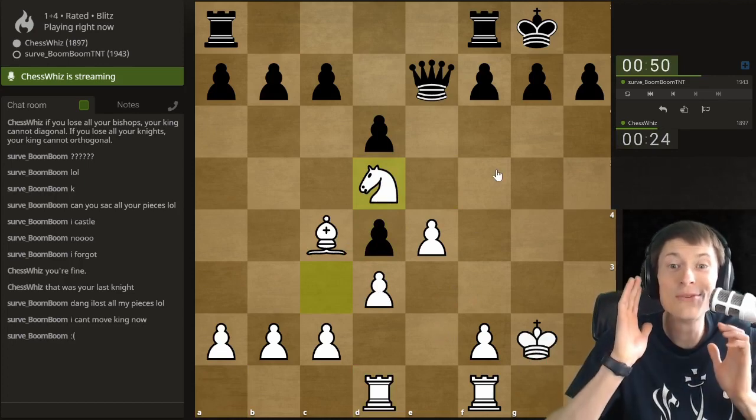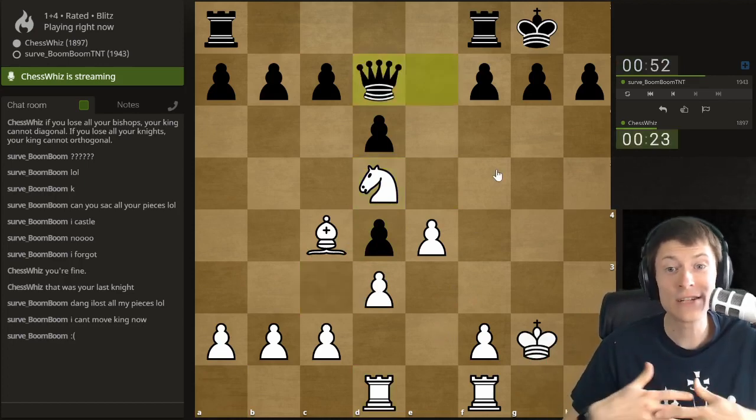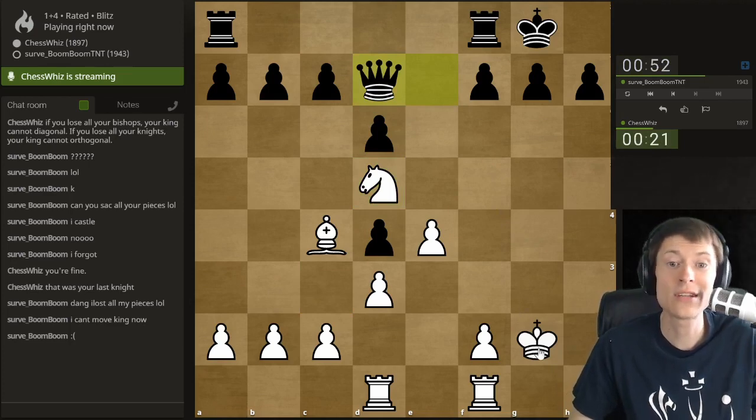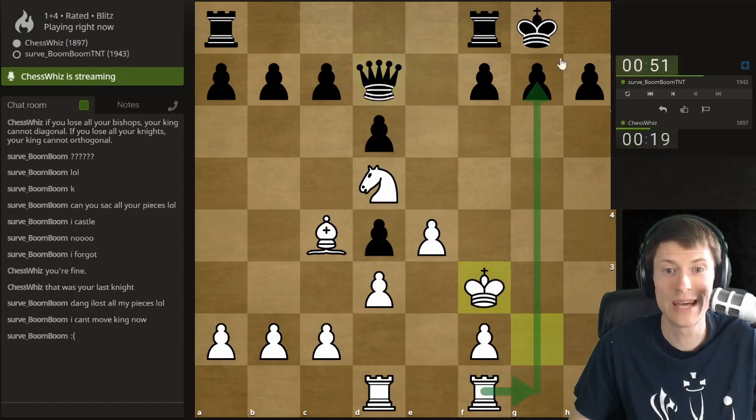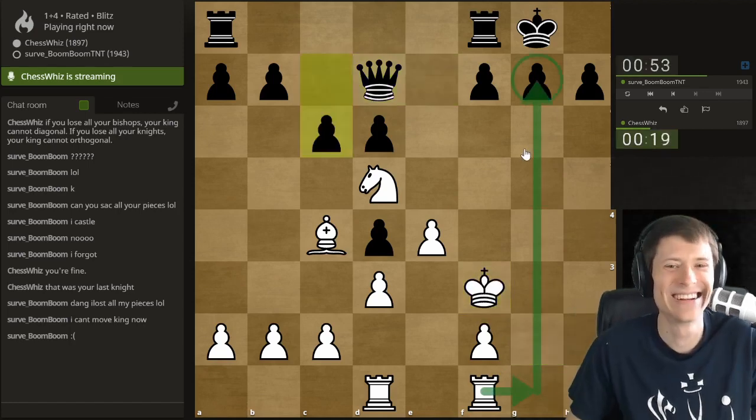He has no ability to move his king, okay? So that, in exchange for a queen, seems like a pretty good trade. Now, since I can move my king, I think I'll take advantage of that ability and move my king. What I'm going to do, of course, is to take this and just win instantly. That's what I'm going to do. It's going to be fantastic.